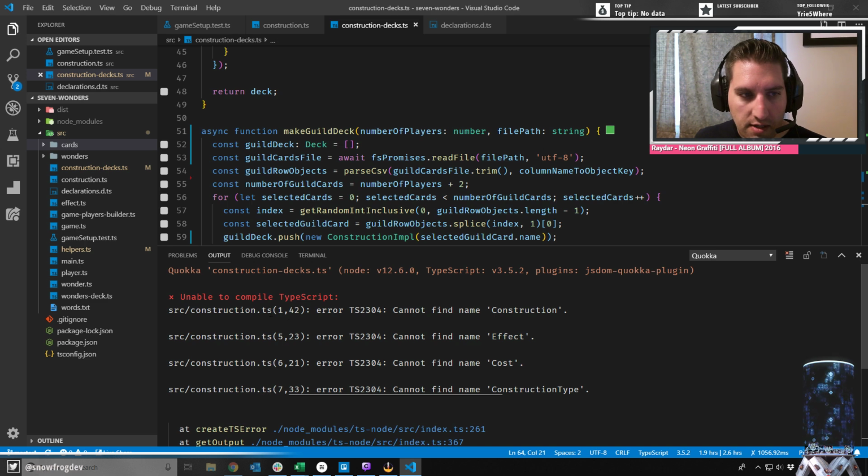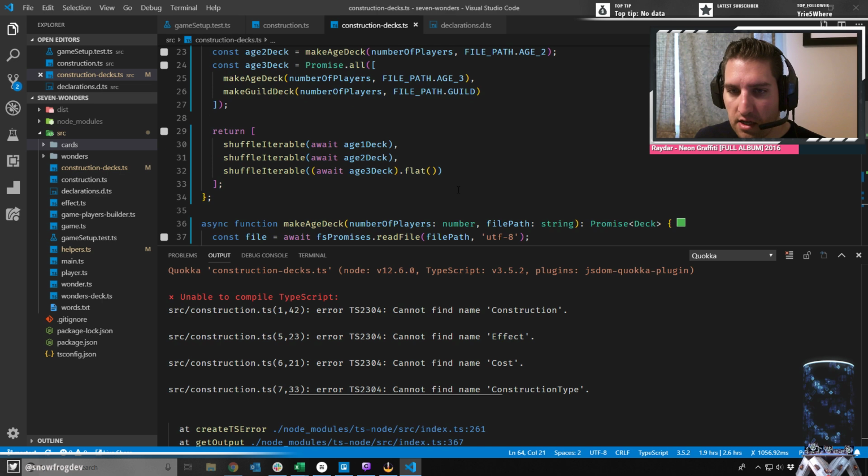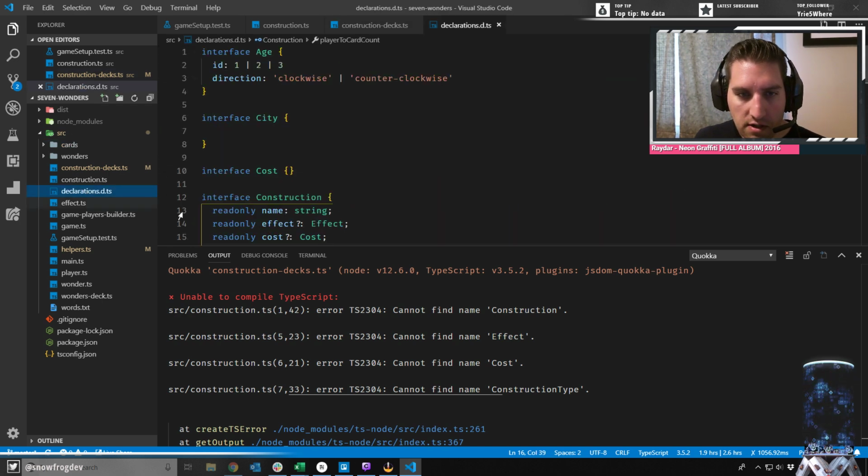It's because I've never had that before, since I've always imported all of the classes and interfaces I needed instead of using a declaration file. But now it seems like it won't run because it's not seeing